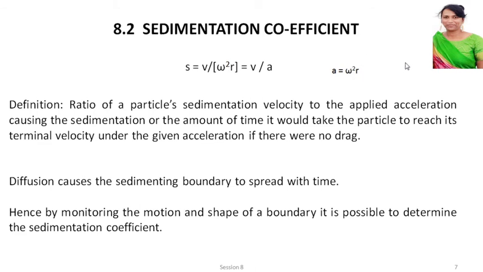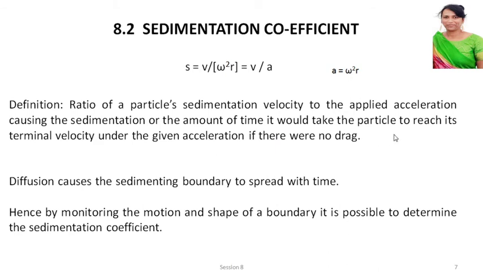We have seen in previous sessions, in session number 6, that F is equal to omega square R. F is centrifugal force. Therefore, sedimentation coefficient is equal to V divided by F. So the definition is: sedimentation coefficient is the ratio of a particle's sedimentation velocity, this V, to the applied acceleration causing the sedimentation, or the